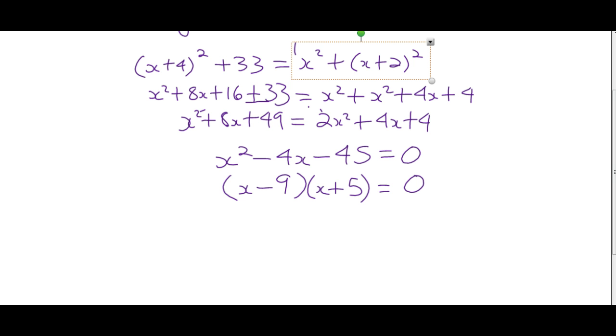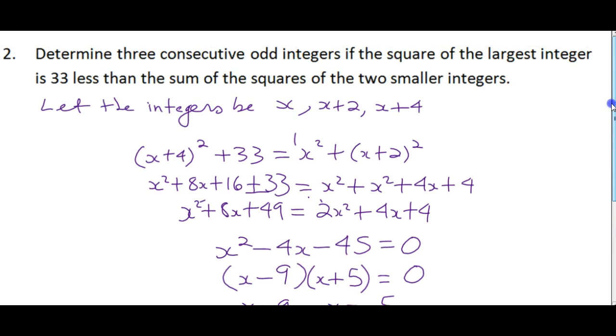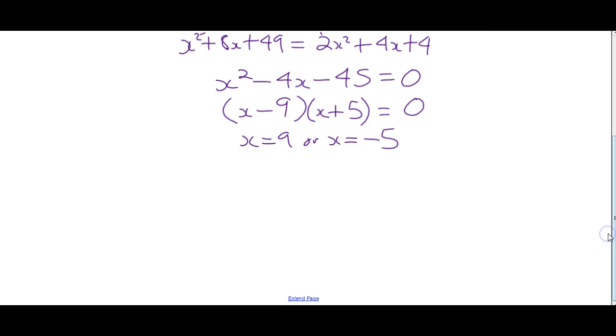Okay. So what do we got? x squared plus 5x minus 9x is minus 4x minus 45. Okay, it's all good. So x equals 9, or x equals what? Negative 5. Now, did it say positive integers or just integers? So it just said integers, right? Okay. So then the three numbers are